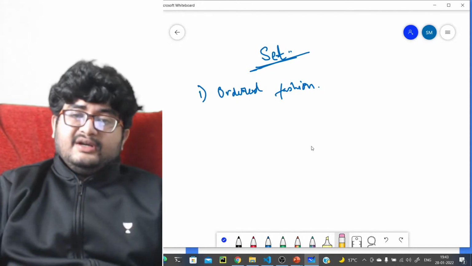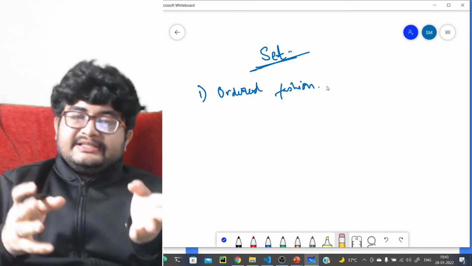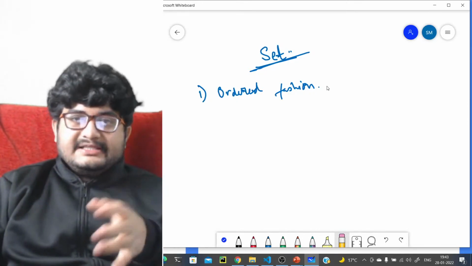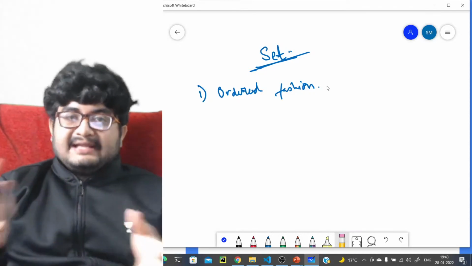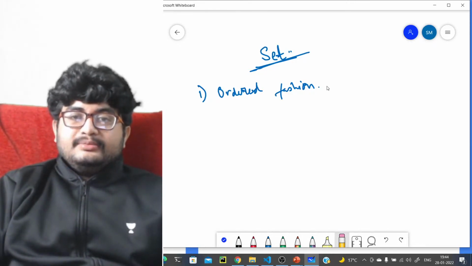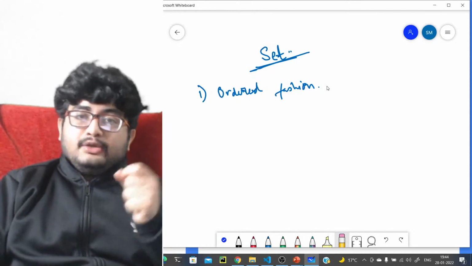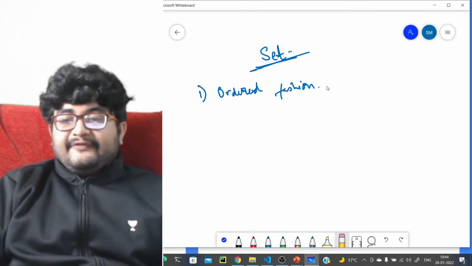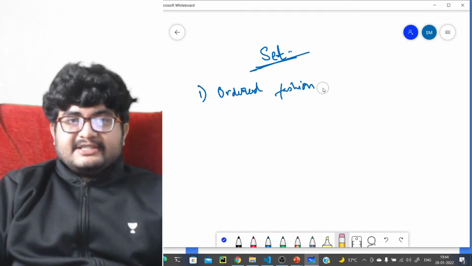Set is storing things in an ordered fashion. Ordered fashion means it will always be storing things in a sorted way. If you are traveling through the set, and you have inserted, let's say, 5 elements in any way, like 1 3 2 5, or 5 1 3 2, randomly, when you travel over the set you will always get them in an ordered way, 1 2 3 4 5. It always stores the data in ordered fashion. That is the first property of a set.